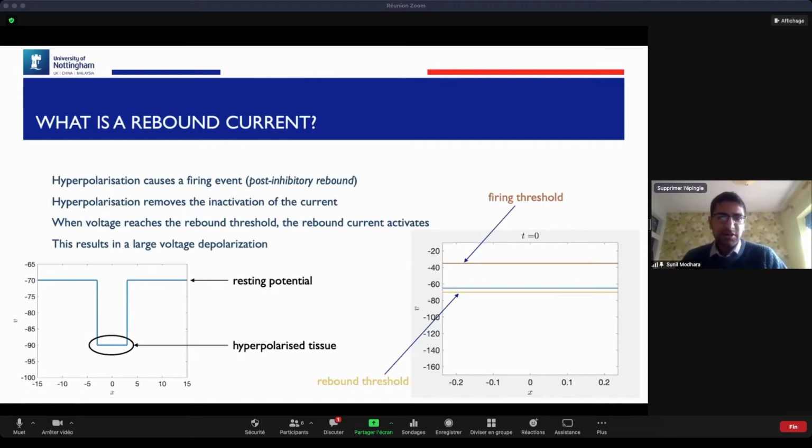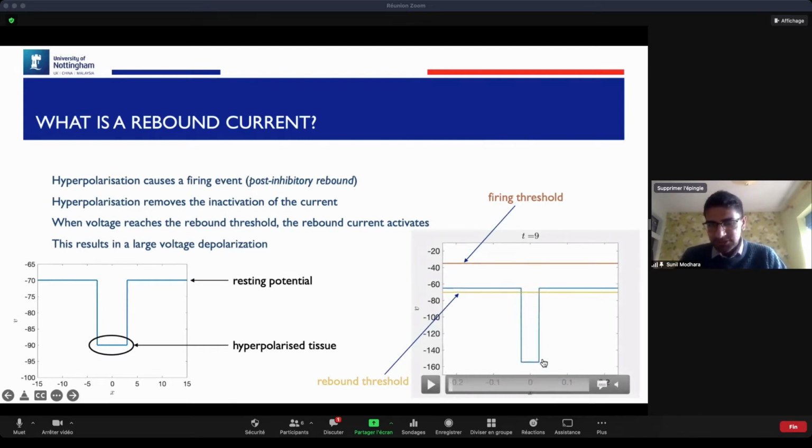I mentioned this post-inhibitory rebound phenomena, and now I want to talk a bit about what this is and how it arises. In our models, it arises through this mechanism known as a rebound current. Typically in neural tissue, you'd expect some depolarization to result in a firing event, but in tissue endowed with a rebound current, it's the opposite. So you need some sort of initial hyperpolarization. And the way this works mechanistically is